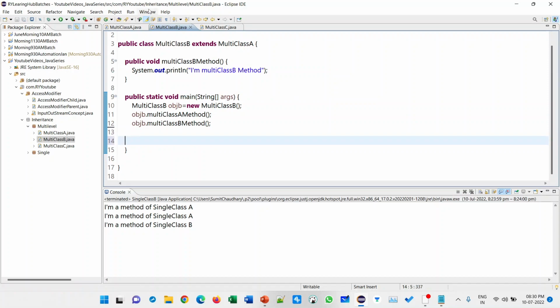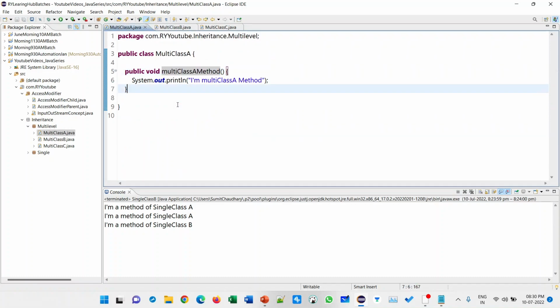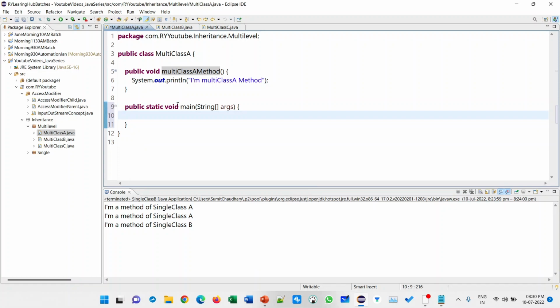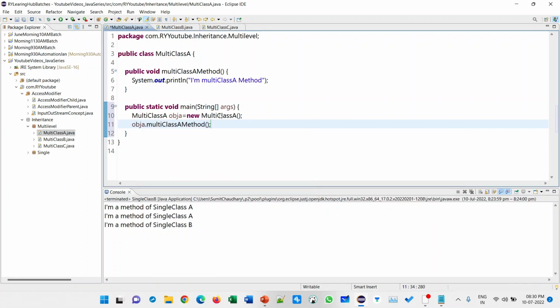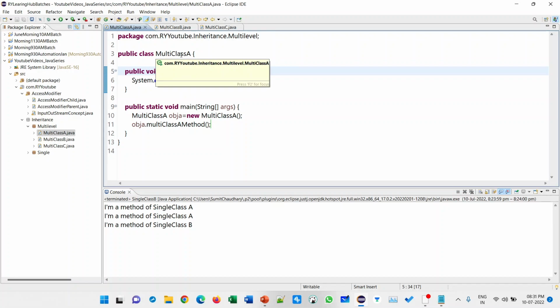Now, multi class A obj A equal to new multi class A. The A class can access only its own method, because the A class is not aware of the B methods or C properties.